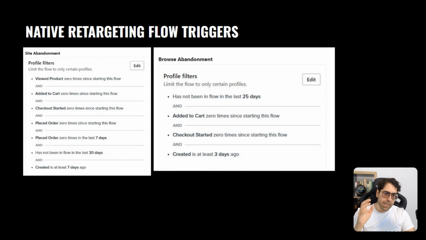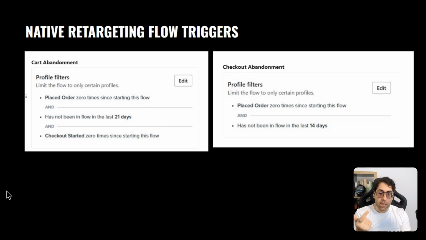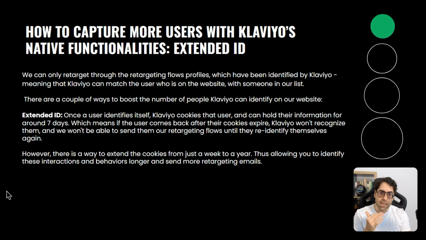Here are the filters in case you wanna take another look, taken as screenshots. You can take your own screenshot, I don't care. This is the correct way to set up site abandonment and price abandonment. And then similarly, this is the correct way to set up cart and checkout abandonment. Now, having said this, this is just the very basic step 1 of your retargeting system, because on top of